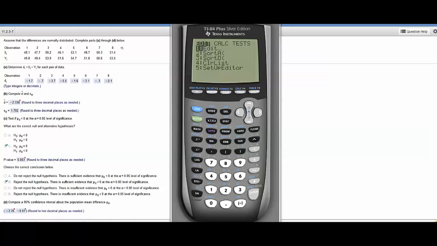So this is a question about what's called a matched pairs. The way that we know it's a matched pairs test is they gave us the data. There's the same number of data values, so kind of like a before or an after. The other way is they just kind of told us. The only time we do a matched pairs test is if we are subtracting the first list from the second